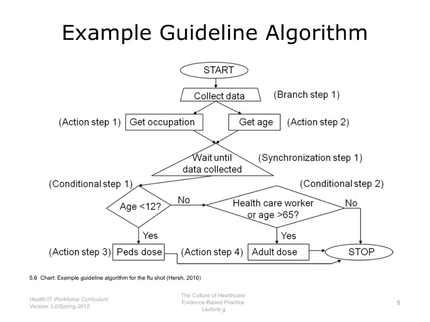We then reach conditional step 1, where we ask if the age is less than 12. According to this guideline, we should immunize everyone who is under the age of 12, and we should use the pediatric dosage that is modified for their weight and size. If they are older than 12, we then ask if they are either a healthcare worker or older than age 65. If they are, we give the adult dosage. We go to that action step. Otherwise, which probably does not reflect current practice, we do not. This is a sample algorithm to show you the different kinds of steps that you might see in a clinical